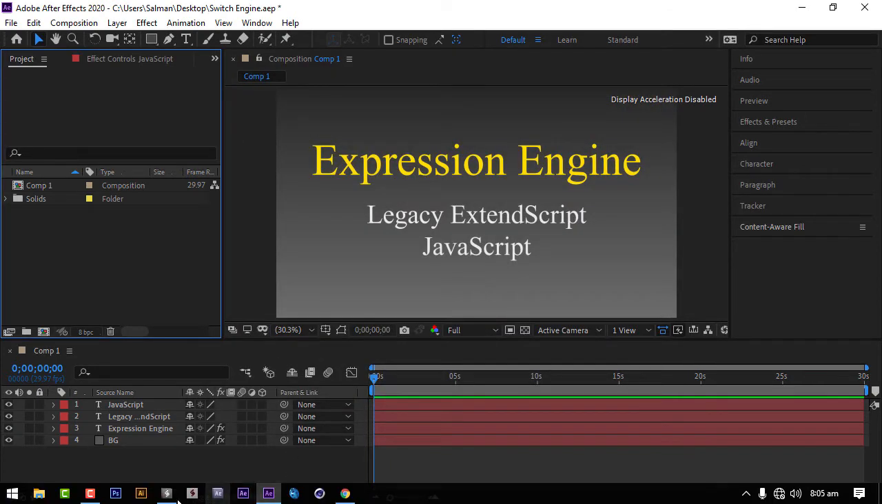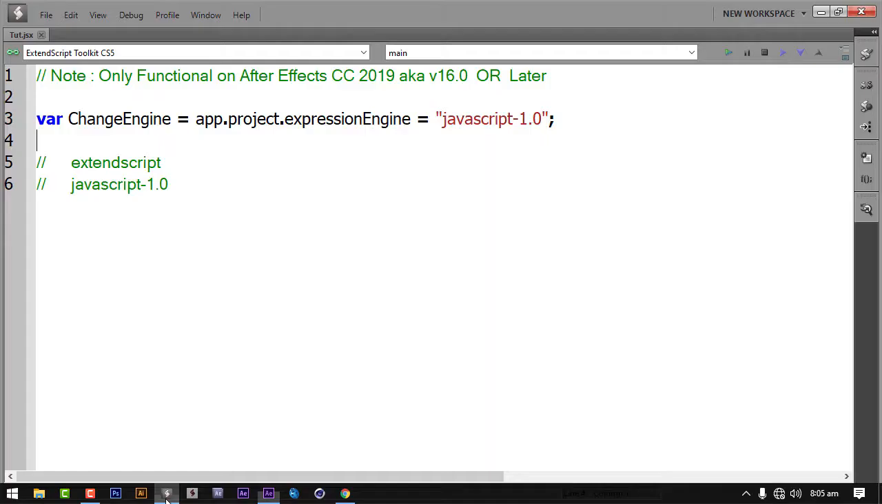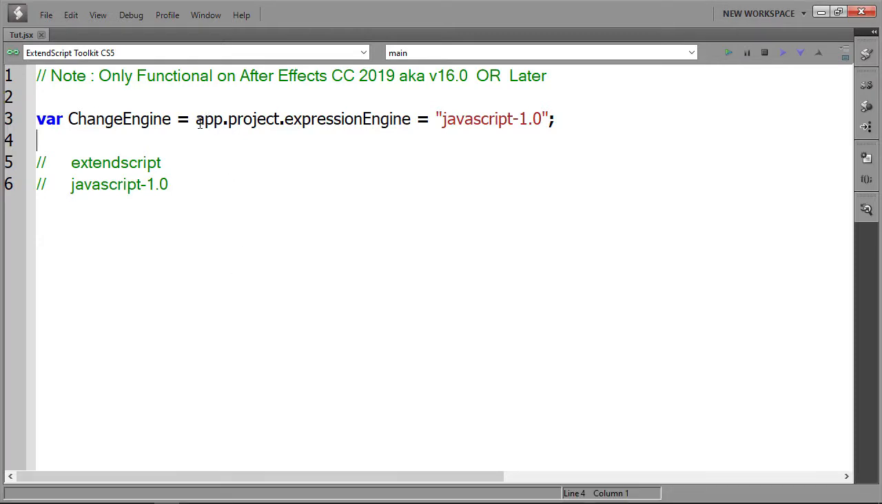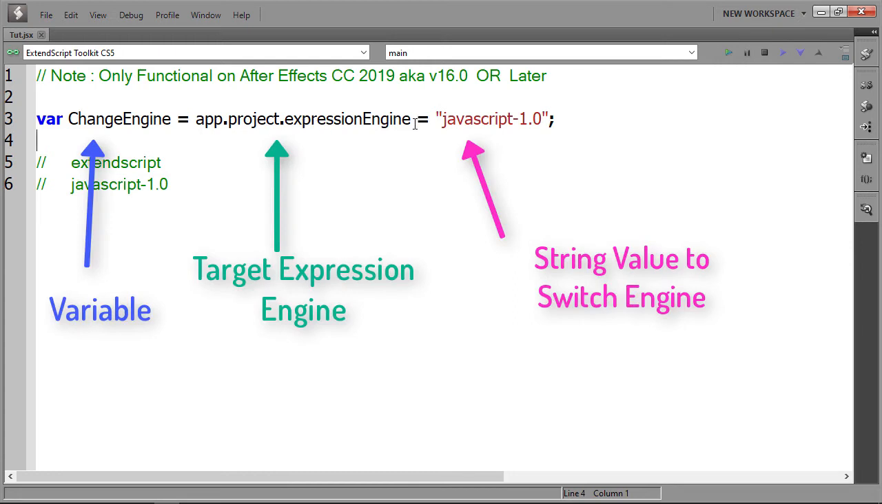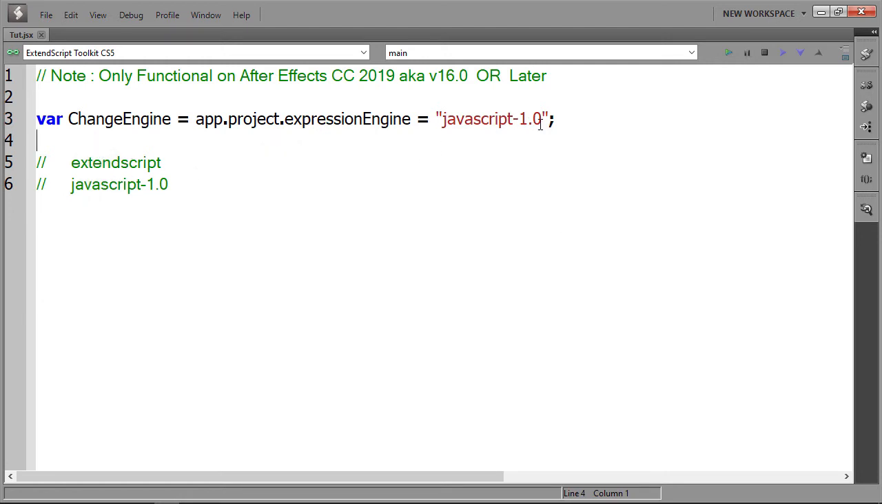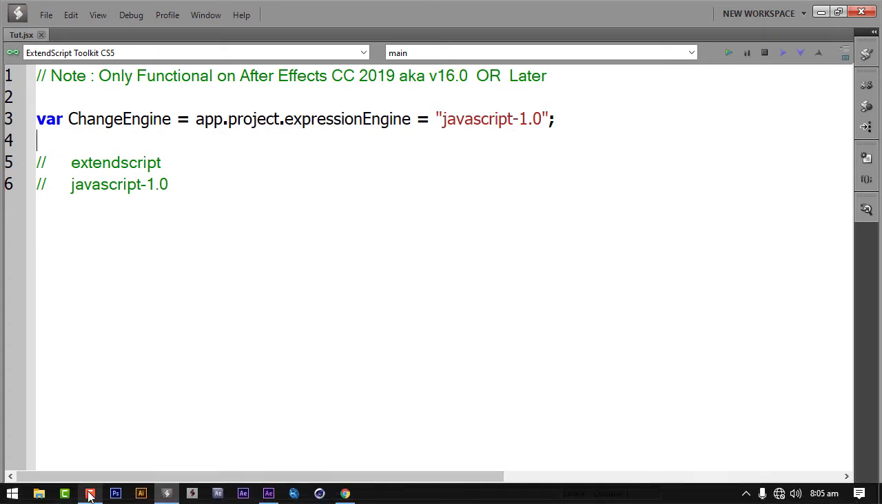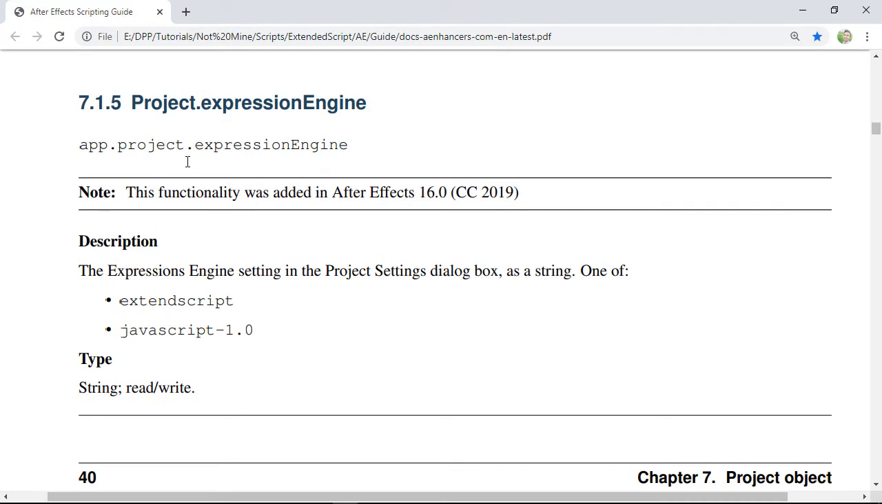To trigger it with the help of scripting, you need to define this line or argument, app.project.expressionEngine, which is equal to, in string, you need to define the extended script or the JavaScript 1.0. If you go to the scripting guide, on page 40, in this page you can see he's defined that